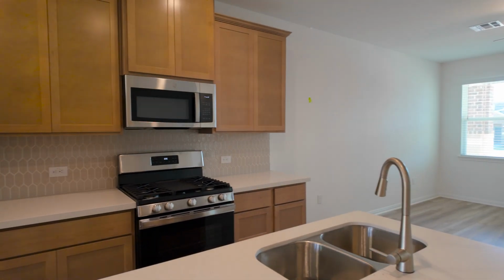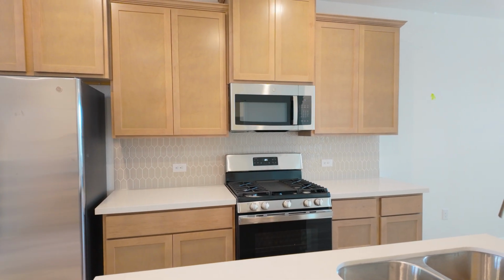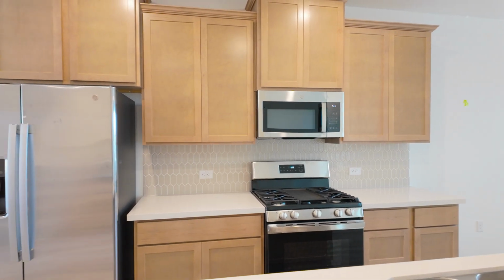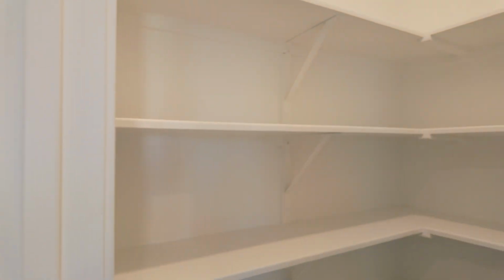But the glides, they will cover within the year, but anything aesthetic on this new home, at orientation they told me today, this particular builder, anything that's a blemish or anything like that, you need to let us know now before close. Only time we'll take care of it. Thereafter, it's on you. Here within the pantry,